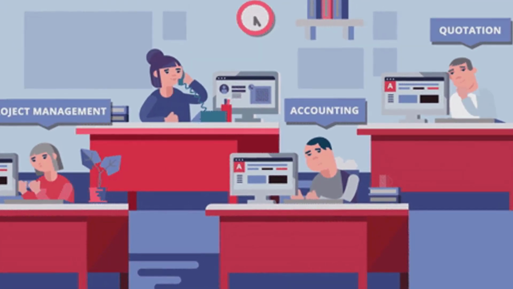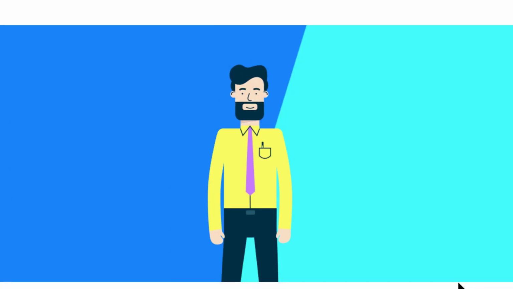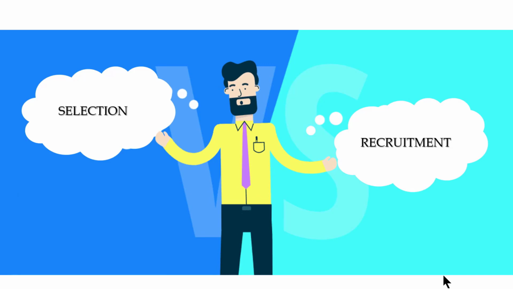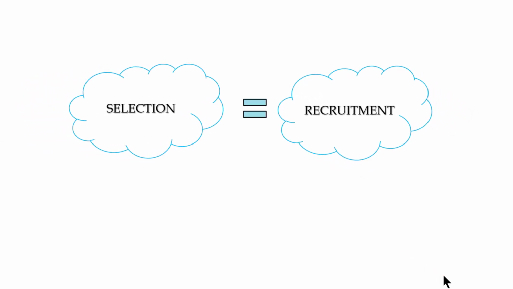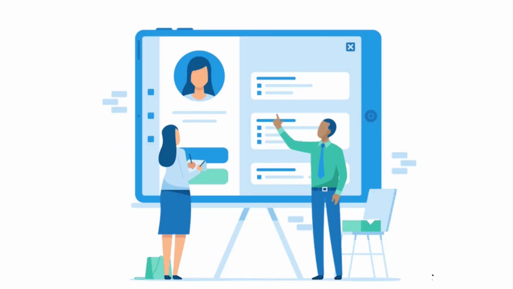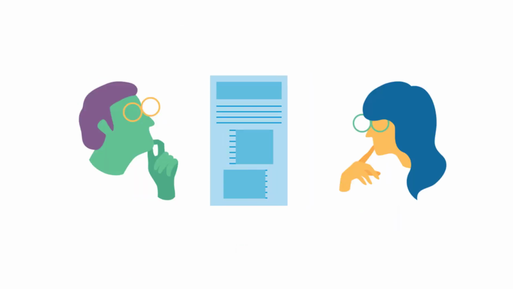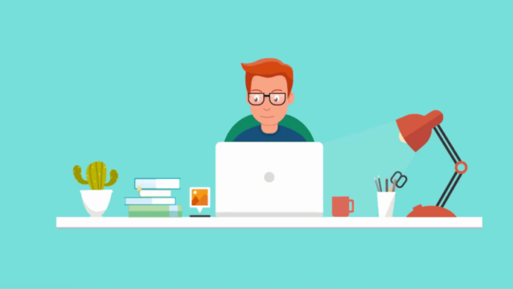There are two major stages which you may have heard hundreds of times. They are recruitment and selection. Most of us view them as the same thing, but they're quite different in meaning and behavior. Please watch till the end, as there is a bonus tip attached on how to get hired faster. With that said and done, let's dive into our first episode of the Versus game to understand what exactly they mean and how they are different in behavior.